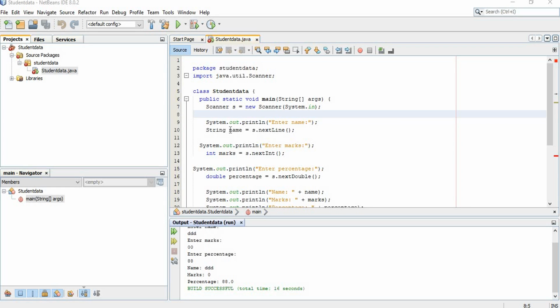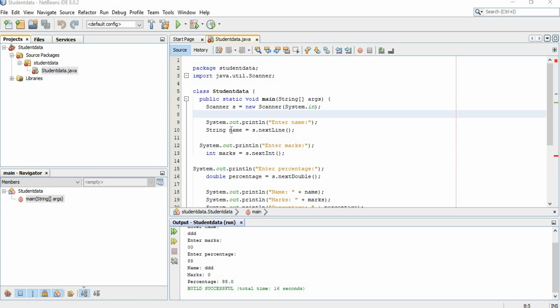Next, we have seen that whenever I want to read a letter or a word or a line in the form of string characters, I have to use the nextLine method that is present inside the Scanner class. Since we have created an object of the Scanner class, which is s, I can now access this. So I have to write s.nextLine. Suppose I write the Scanner object as x, then I have to write x.nextLine. Suppose I write the Scanner object as a, then I write a.nextLine. So whatever Scanner object I write here, by using that object I have to access the methods of the Scanner class.